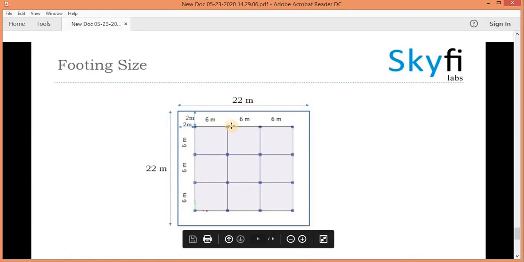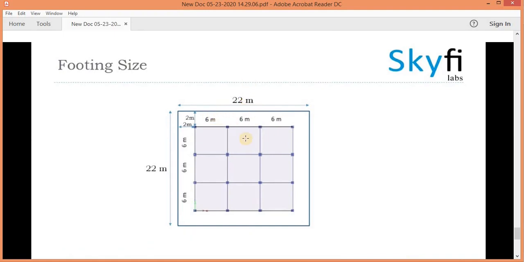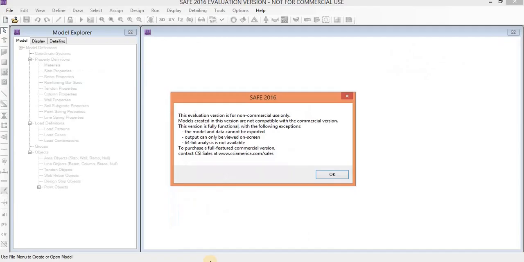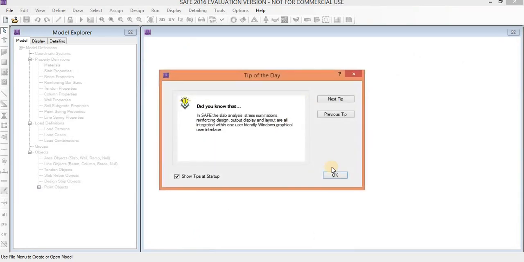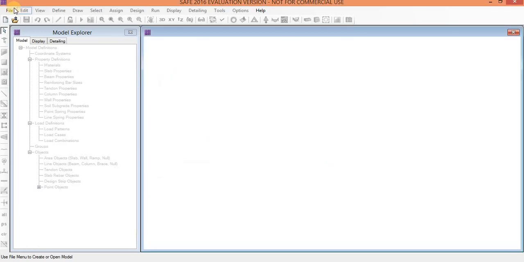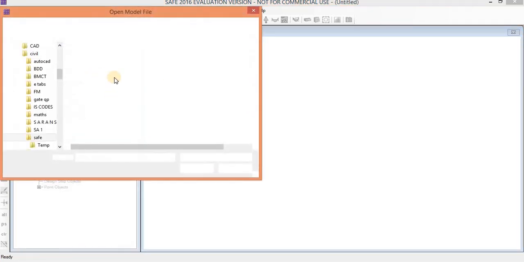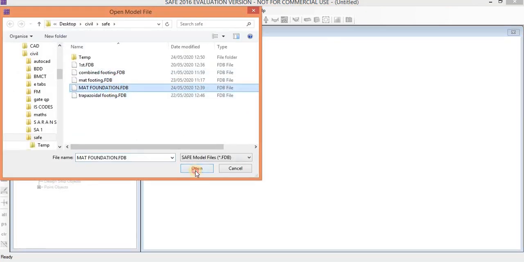Now I will show you the analysis, design and reporting details in the SAFE software. I have done this previously in this software. I will open the mat foundation.